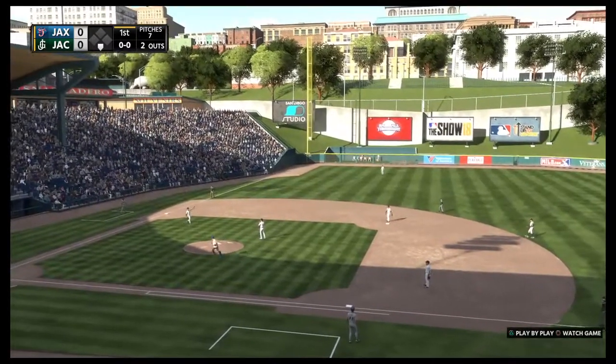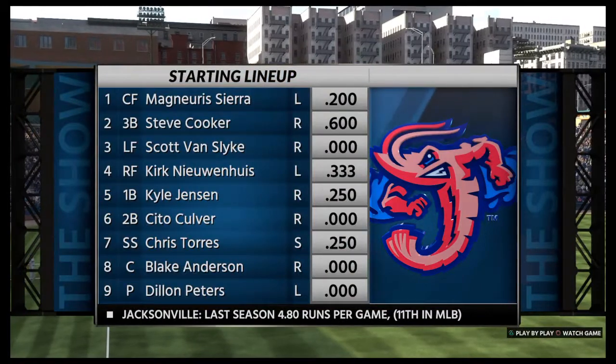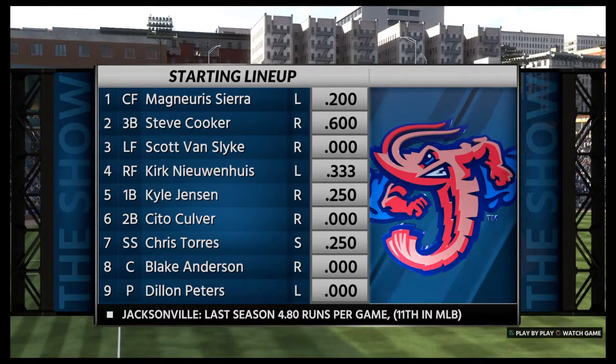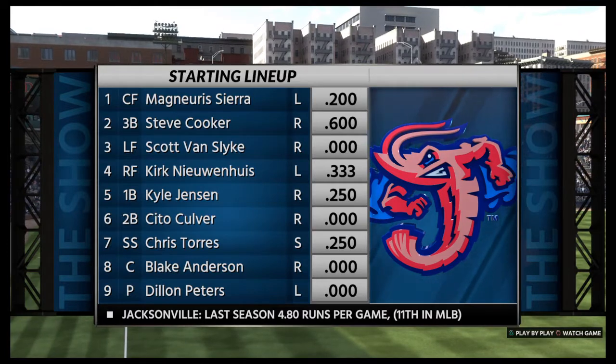And with that, here's a look at the visitors' starting lineup. Mark, what do you have on this lineup as they go for their first win? You know, taking a look at this lineup, Matt, one thing you have to take into account is the variables that you can't control, and that's the wind. It's blowing in. It's howling in. You're going to see some guys in this lineup change their...